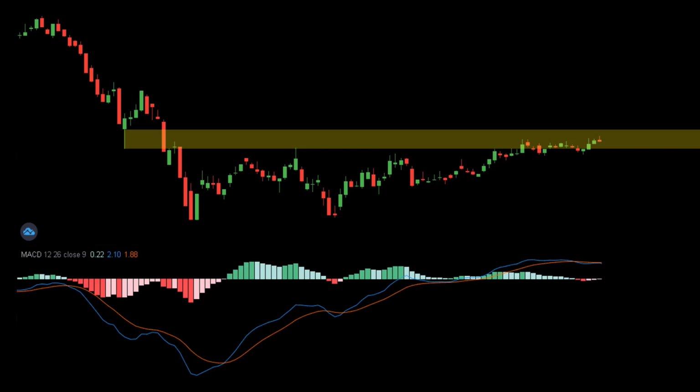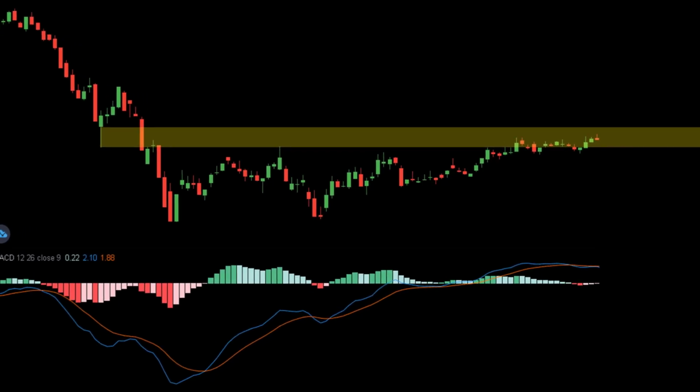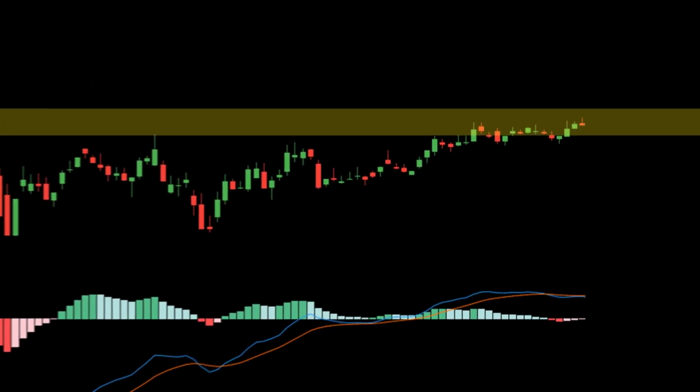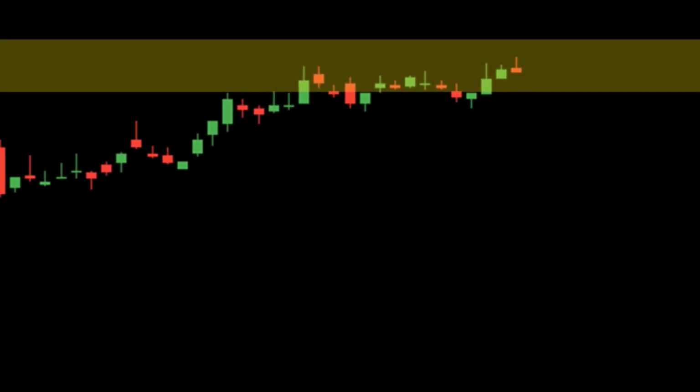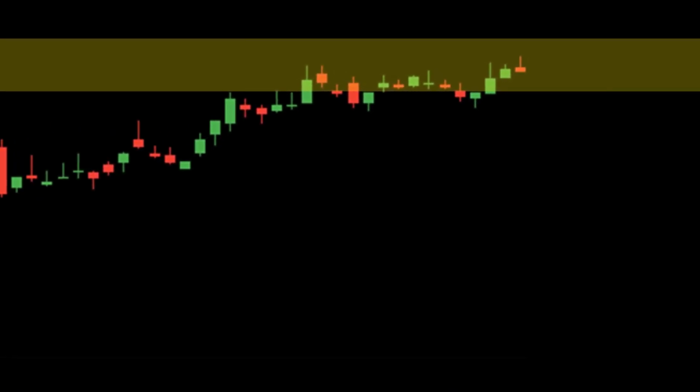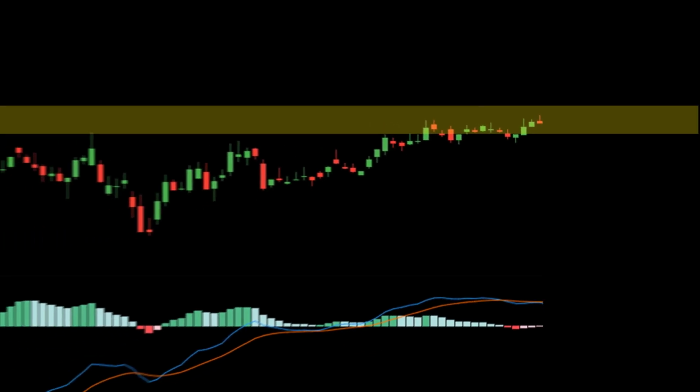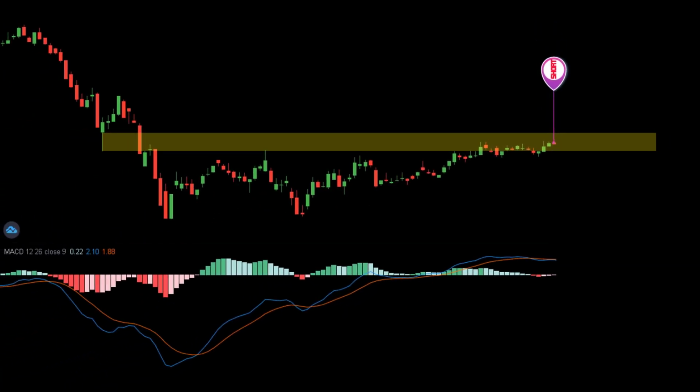At the same time, we notice that the MACD line has pulled back above the zero line, which often signals a temporary correction within a broader downtrend. So here we have two key elements. 1. A roll reversal zone, support turned resistance. 2. A MACD pullback to above the zero line. To top it off, we spot a bearish pin bar candlestick pattern right at the resistance zone. This gives us a high confidence sell signal, and we take the trade. As you can see, the price dropped sharply afterward.